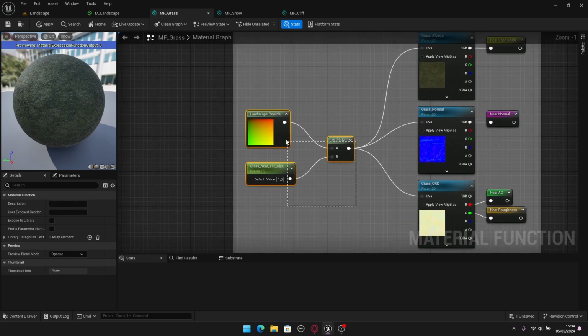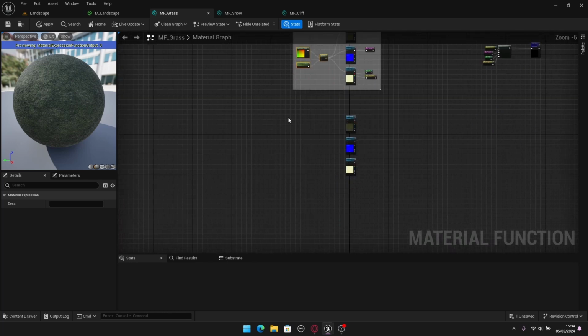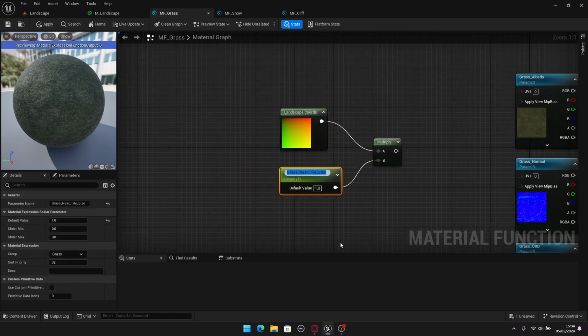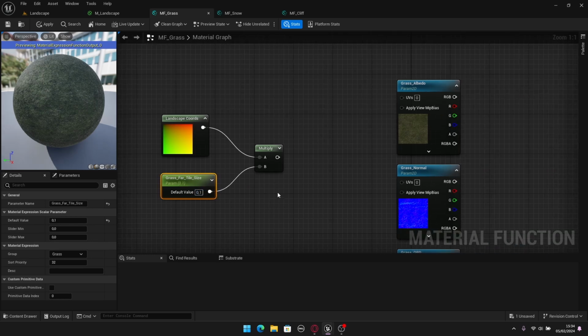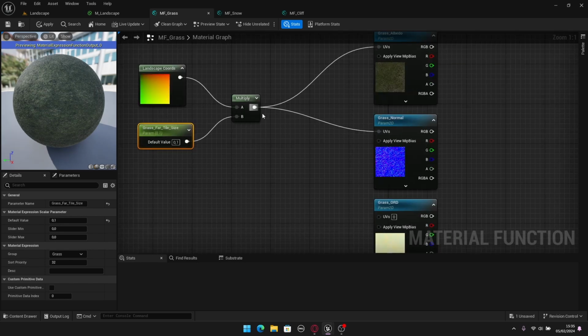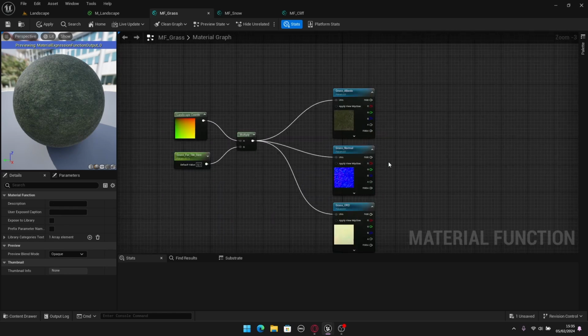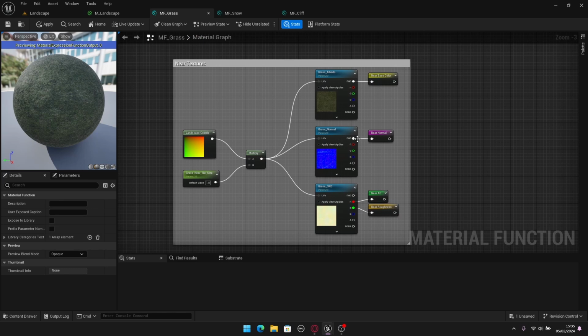So let's copy this tile setup here. Let's copy this too. Let's change this parameter name to grass far tile size, and I'm gonna decrease this value to make the textures bigger on the screen. So let's put here, I don't know, maybe 0.1. We can change this later, and let's just connect this into the UV of all textures. And as you can see in the preview here, these textures are bigger than these ones,